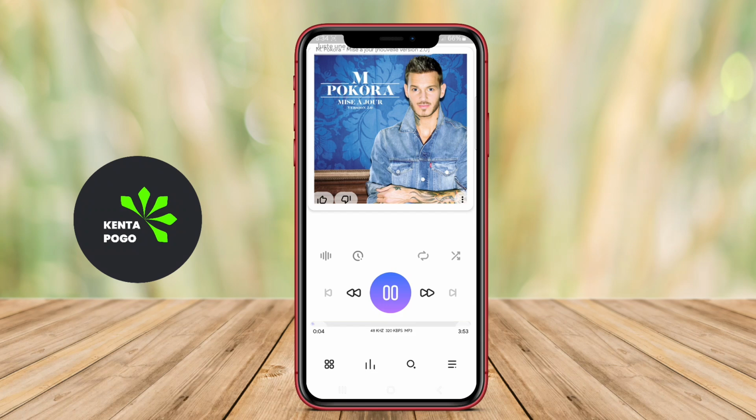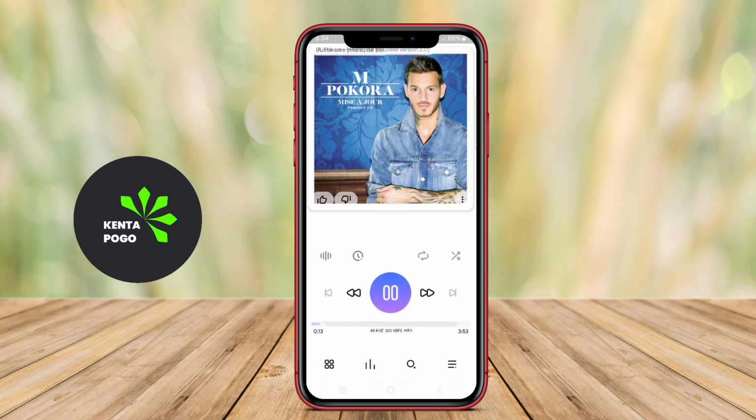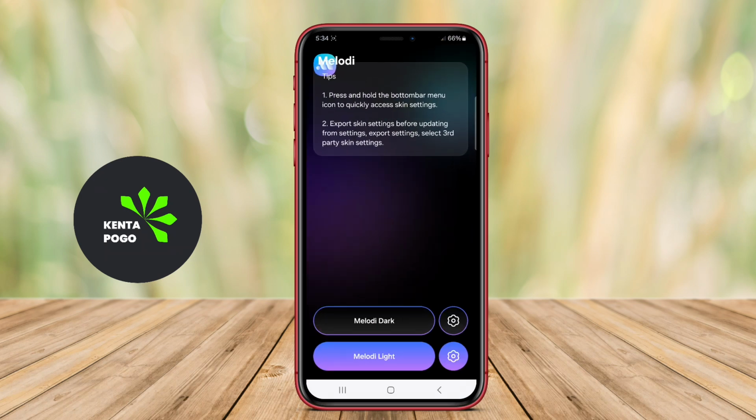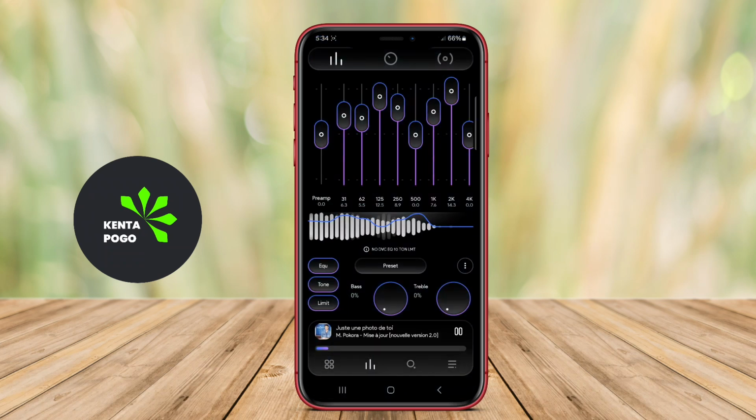It offers a variety of themes, colors, and layouts that users can choose from, making it easy to match their preferences or the device's aesthetics. These skins often come with customizable features such as different font styles, button designs, and background images, allowing users to